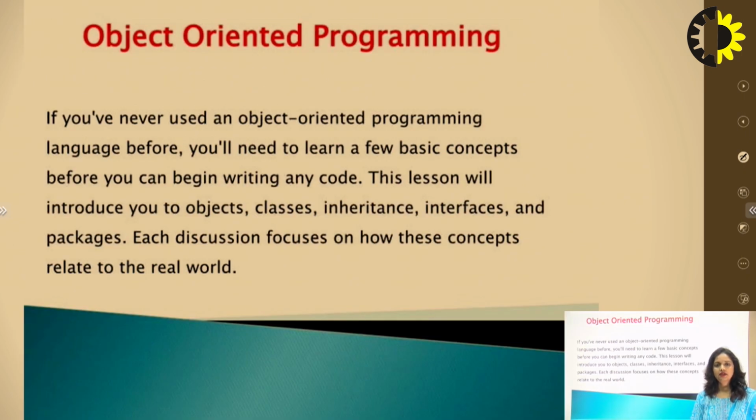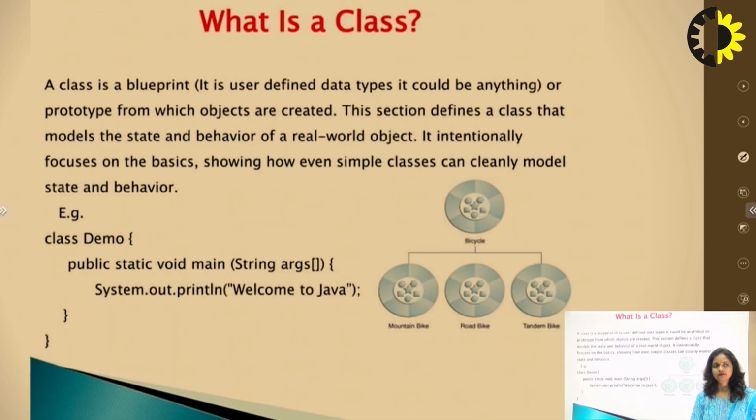Now, what is object-oriented programming? As we all know, Java is one of the object-oriented programming languages, and C++ is also an object-oriented programming language, as it supports various object-oriented features. In object-oriented programming, we need to learn the basic concepts before writing code. Those basic concepts include the concept of an object, how to create a class, inheritance, interface, packages, and all of these focus on the creation of real-world entities and how to invoke those entities.